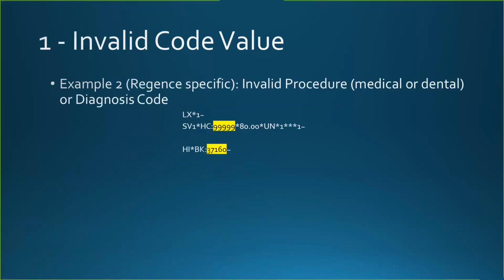Another example, and this one is region-specific. Regence does their procedure and diagnosis code validation at a 999 level. Most payers do diagnosis code edits at a 277CA level. But this would be a common one, so we have a procedure code that's invalid there. Or this diagnosis code, for those of you that remember ICD-9, it wasn't that long ago, but this is an ICD-9 code and we are only on ICD-10, so that would be considered an invalid code for the current dates